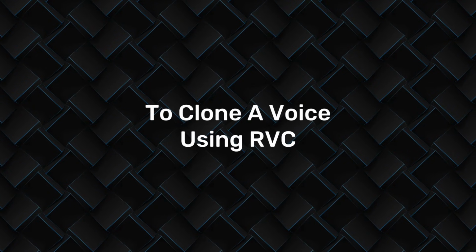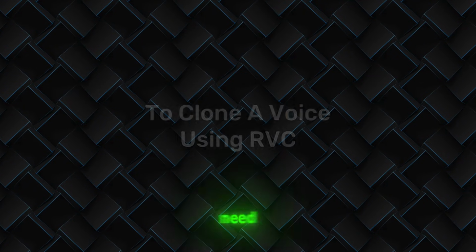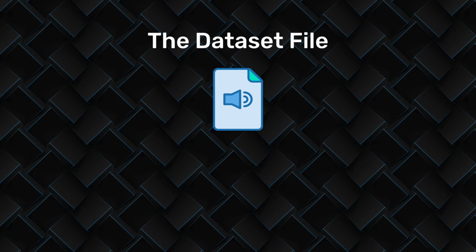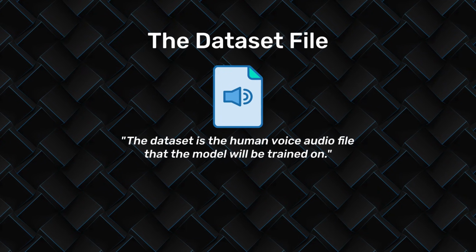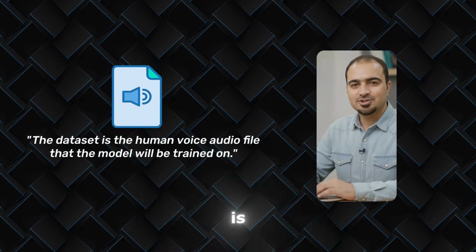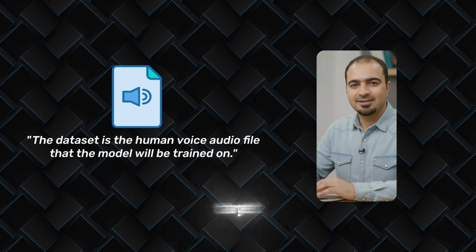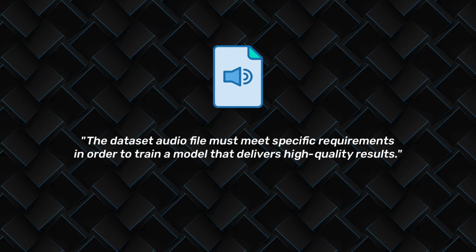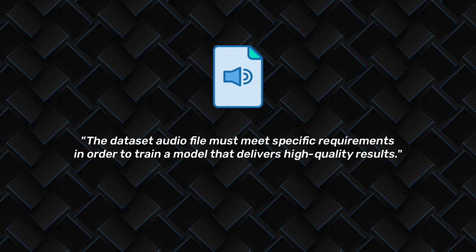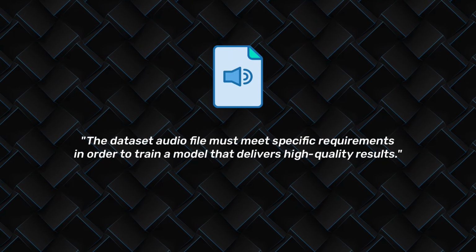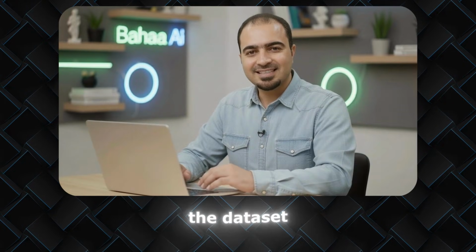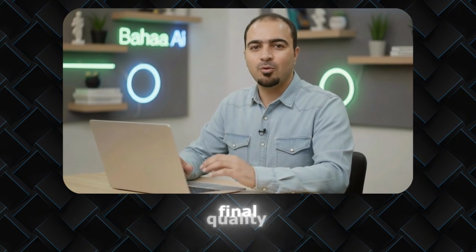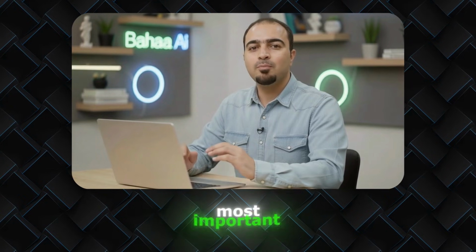To clone a voice using RVC, the first thing we need is a dataset file. The dataset is the human voice audio file that the model will be trained on. Once the model is trained, it will be able to replace the target voice with a voice it learned from the dataset. The dataset audio file must meet specific requirements in order to train a model that delivers high-quality results. In fact, the dataset directly determines the final quality of the model, which makes it the most important part of